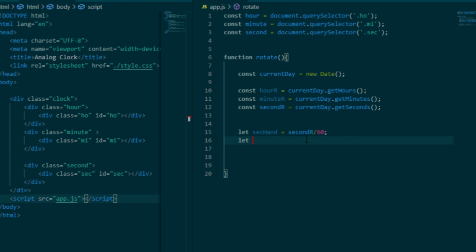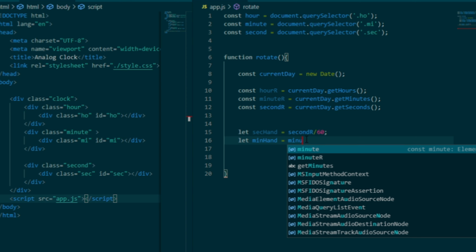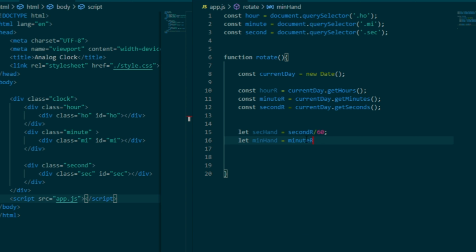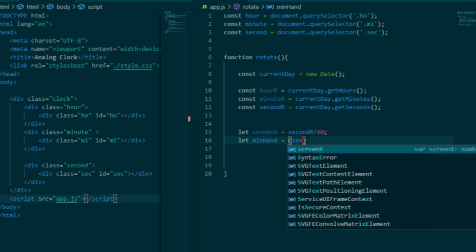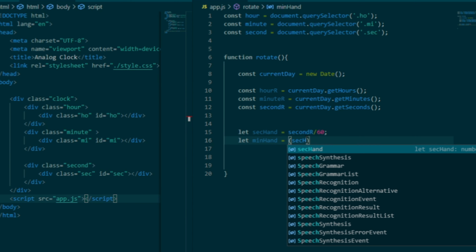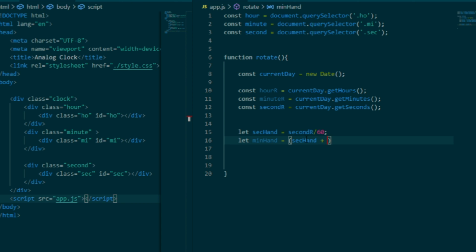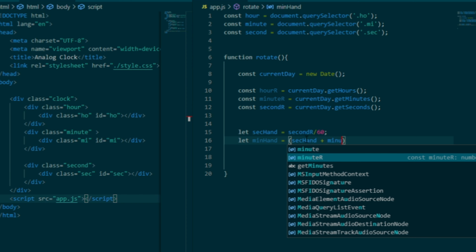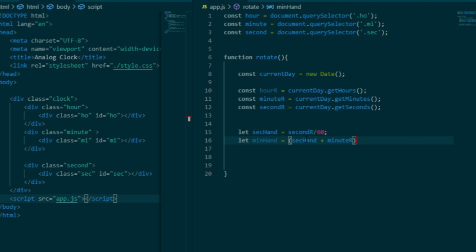Now let min hand is equal to sec hand plus minute hour, whole divided by 60.